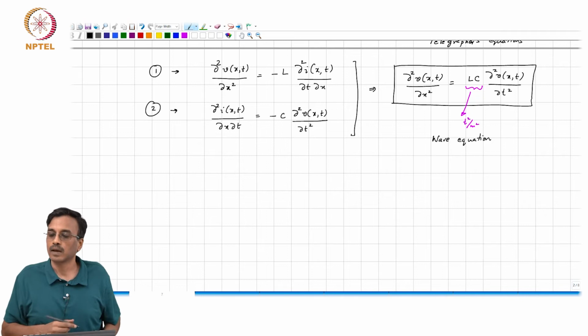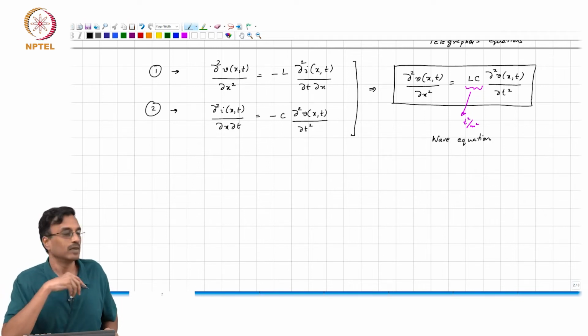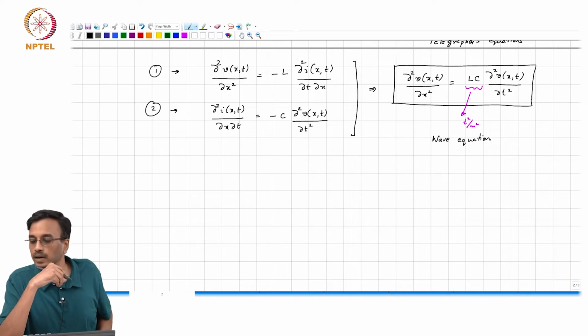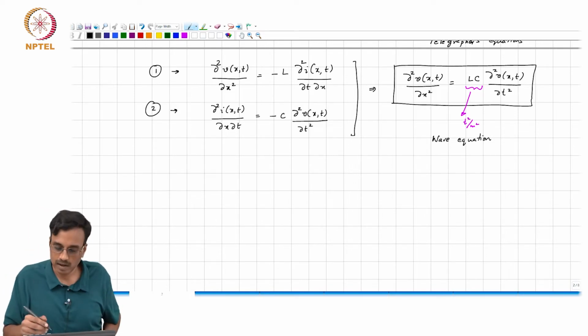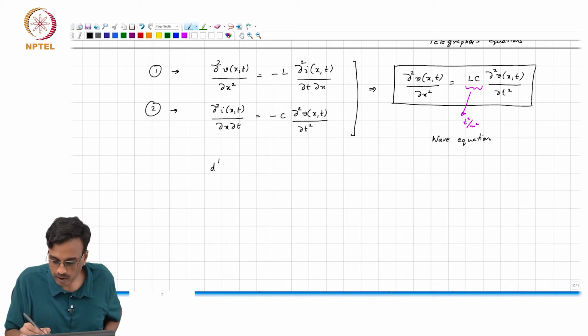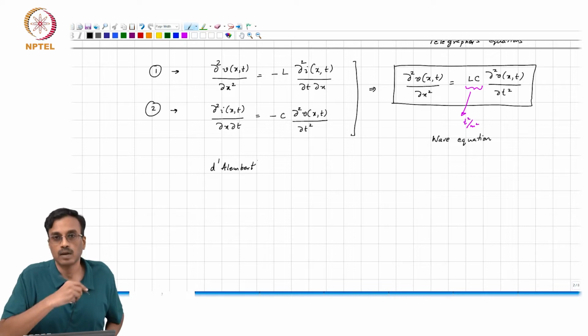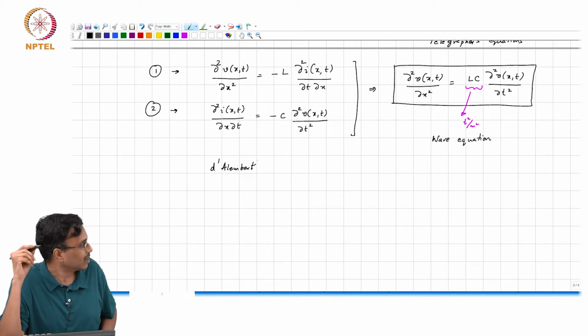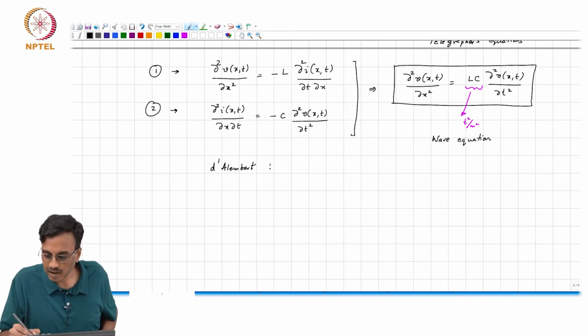And the question is, how on earth do we solve this thing now? Fortunately, it turns out that there is a smart guy who figured this out, by the name D'Alembert, solution to the wave equation, and he discovered that any function of the form